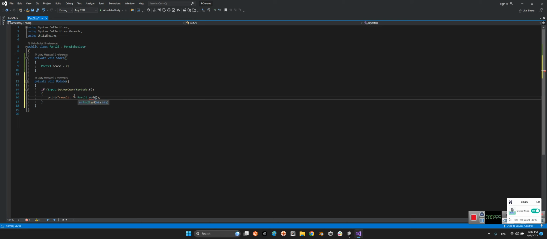Look at this, and here we have said part score, and then the second parameter can be 5. Okay,